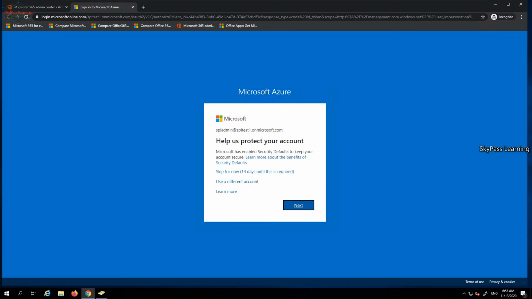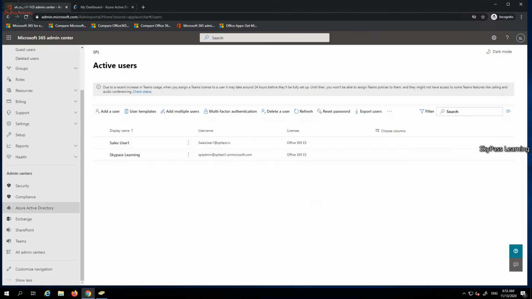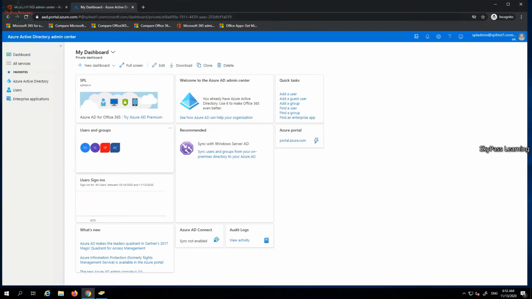I need to go to Azure Active Directory. Let me quickly show you. Once you click on Admin Center, Azure Active Directory, from this portal you will reach the Azure Active Directory dashboard. Here you can see the recommendation to sync with your AD, and it shows Azure AD sync not enabled.